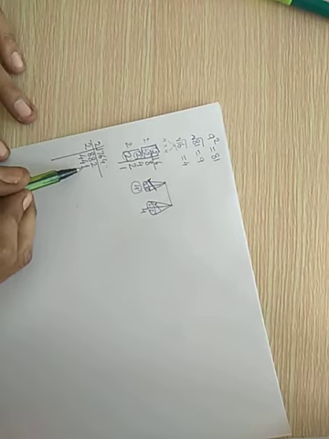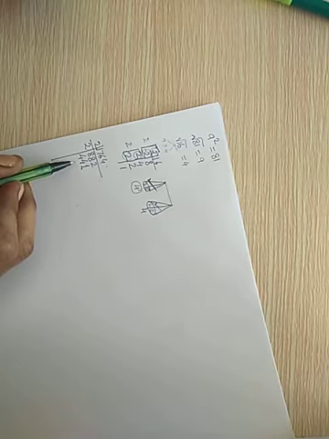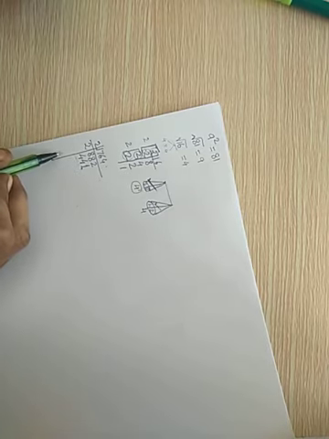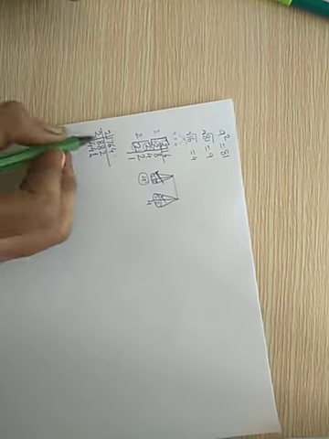Now this number is not divisible by 2, but we should know the divisibility of the next prime number, that is 3. What is the divisibility rule of the next prime number, 3? The sum of digits should be divisible by 3. So add the digits: 4 plus 4 is 8, plus 1 is 9. Yes, it is divisible by 3.